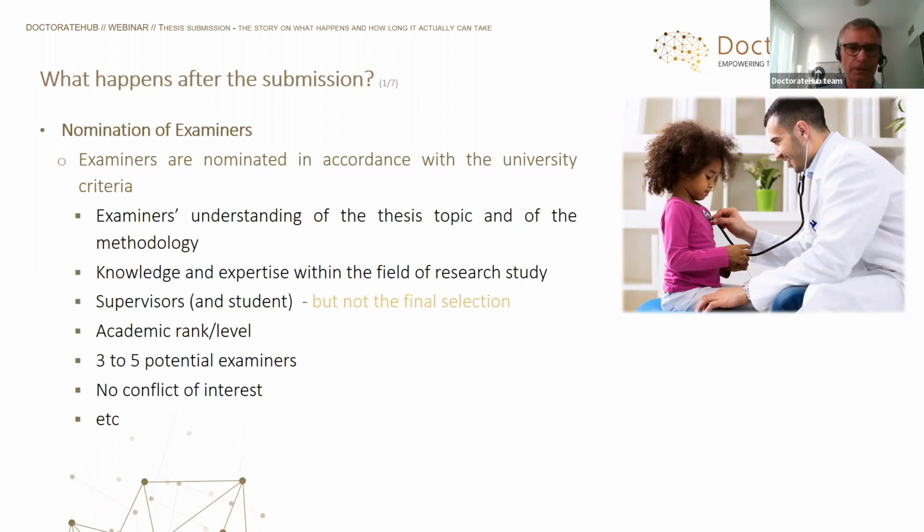The first thing is where you are usually involved. As I said, that's different in some units and universities, which run in a different way. But many times the supervisors and the student together nominate the examiners. And there is once again a clear policy and criteria. The next slide will talk about the criteria which should be followed during the nomination process. But what is important now, especially if you are part of it,